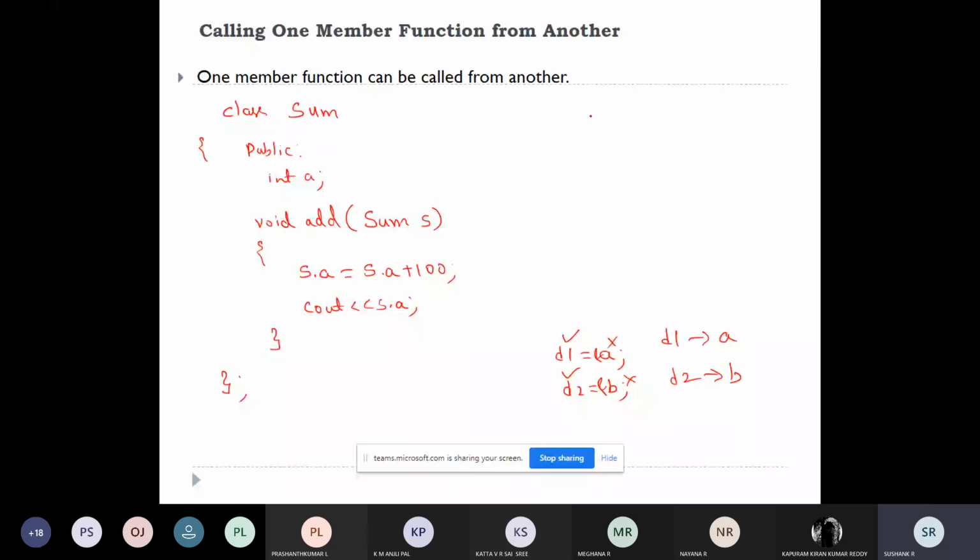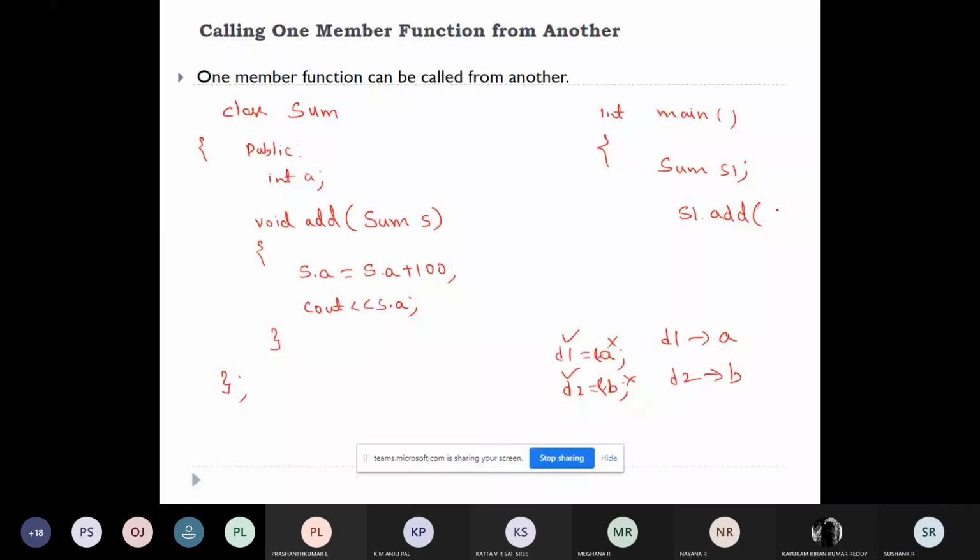Here also, first I'll create the object sum s1. Again I have to call this function. How to call this function? First s1 dot add. I can call this function with s1 dot add of, and I have to pass the object.